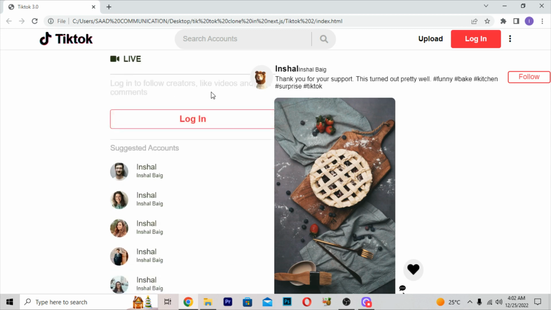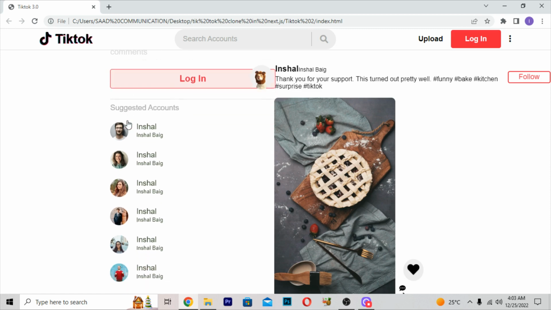Then we are just getting down, and here down we are getting this Log in to follow creators, means if you do not have an account on TikTok, if you have come for the first time, you can just sign up here and then directly log in. But if you have an account, you can directly press this login button to log in. Here we are getting the hover effect of a light black color. I have not put so dark a color, I have only put a light color, so you can see this login button. I have just made the opacity of the blackish color low.